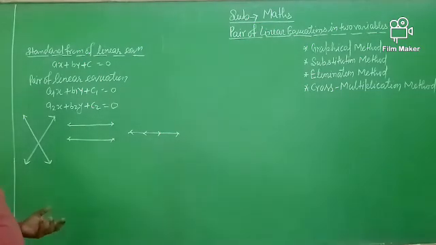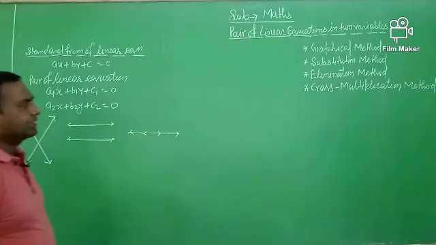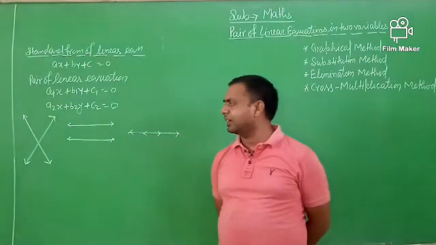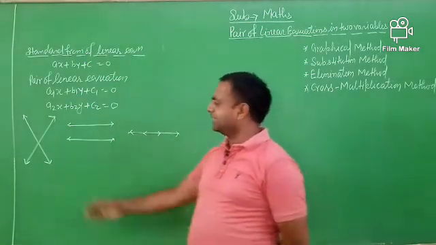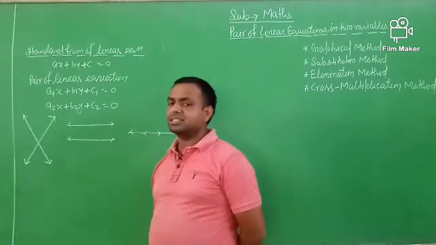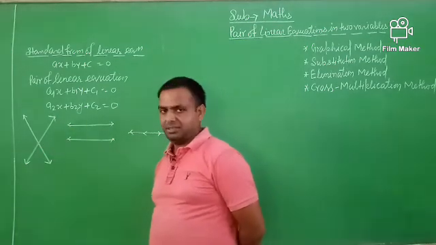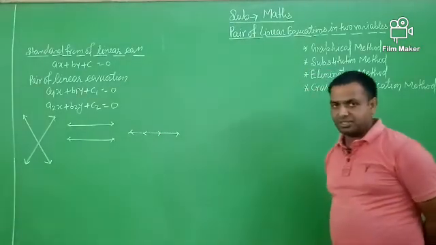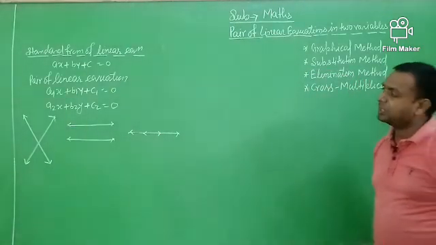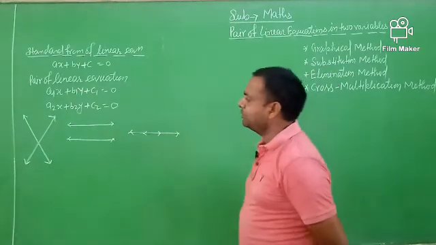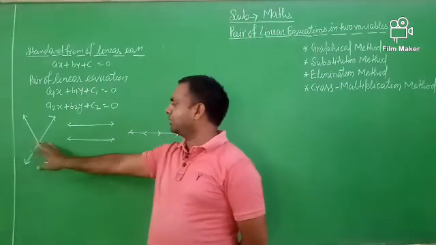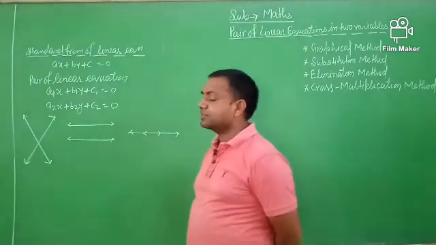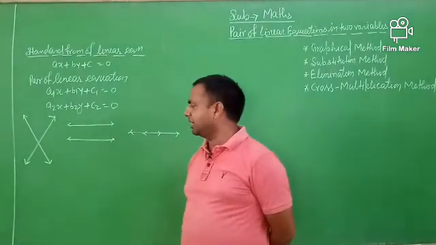Here we can see some cases for linear equations. If it has a pair, suppose you see two lines coincident to each other at a point. It means it has only one solution. It is possible that the values of x and y give only one solution, because the lines meet at only one point, so you can say it has only one solution.